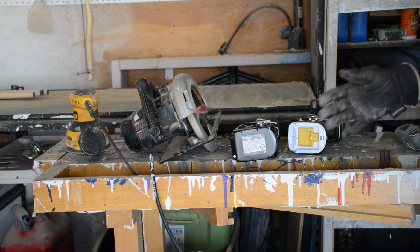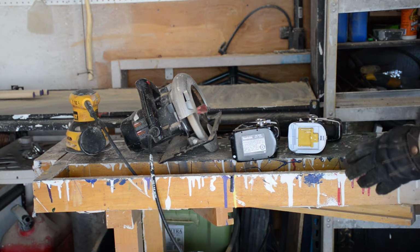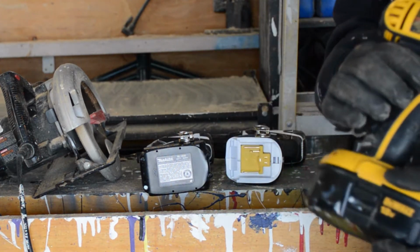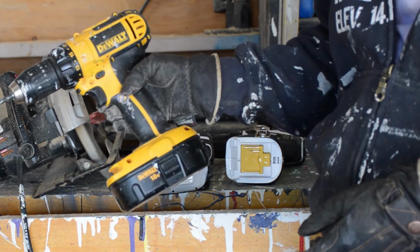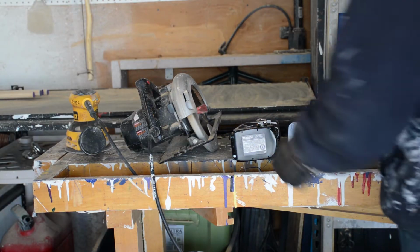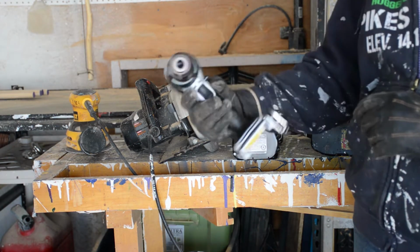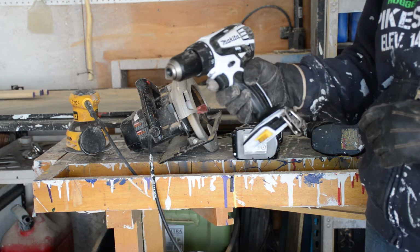So when I'm out here playing in my garage, having lots of fun, there's lots of power tools that I use. And probably one of the most heavily used tools is a drill. So this is an 18-volt drill. This drill is a Dewalt drill, and it works pretty good, but it hasn't lasted as long as I thought it would. So just recently, I actually got a Makita drill. And it's really lightweight. It's an 18-volt drill again,